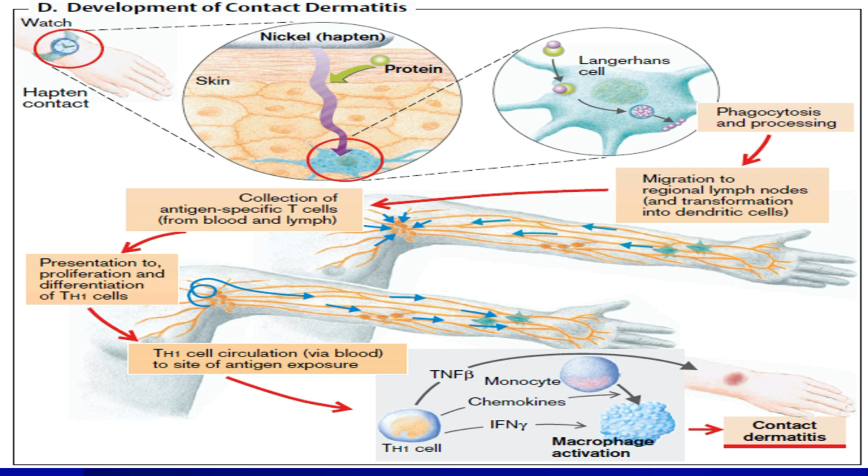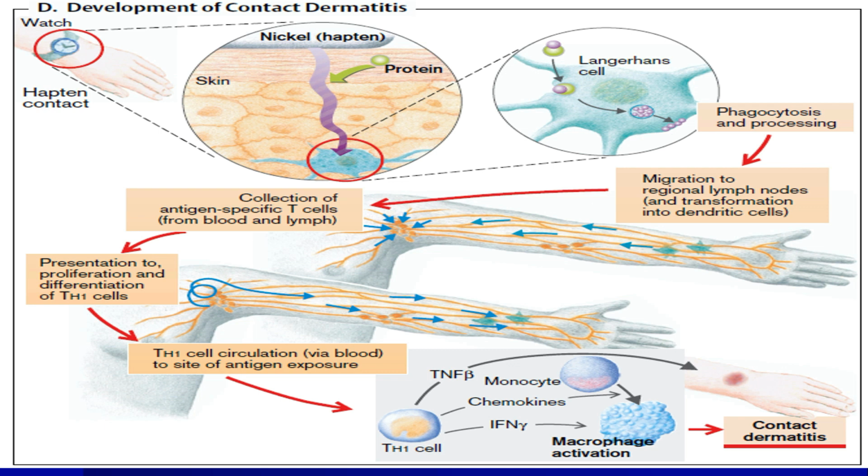Langerhans cells are activated, with phagocytosis and processing of antigen and formation of antibody, migration to the regional lymph node and transformation into dendritic cells, and collection of antigen-specific T cells, and after presentation, proliferation and differentiation of T helper